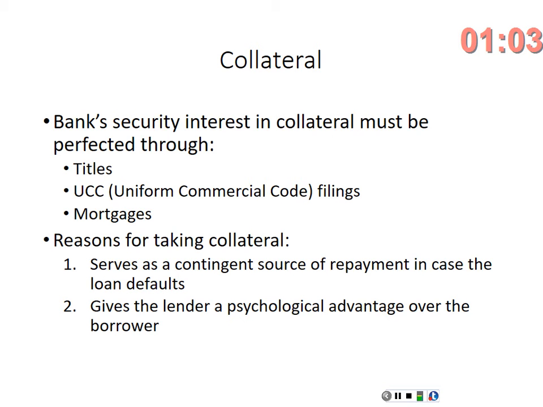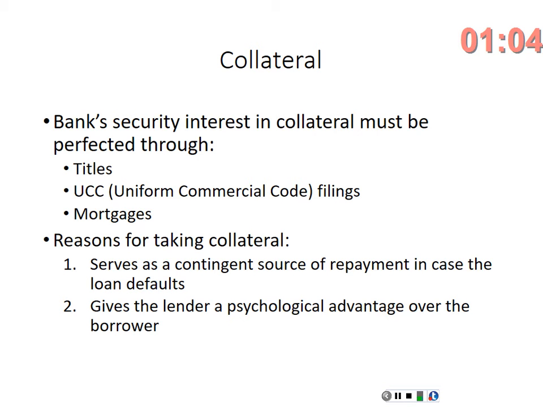UCC, Uniform Commercial Code filings, this is for something that doesn't have a title. So I mentioned a tractor earlier, or if it's a business, you might have a UCC filing. I've done a lot of loans where you take as collateral inventory, furniture, and fixtures. So you put them on the UCC filing. That means if that customer doesn't pay you back, then at least legally, you can go in and take their inventory, their furniture, their fixtures, anything within the business, and try to sell it. Now, typically that stuff's not going to be worth much, but it is a motivating factor to the customer.